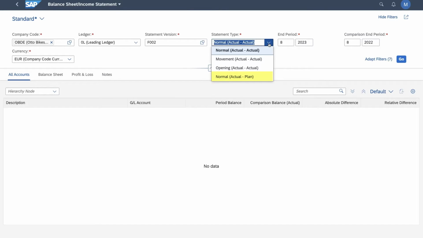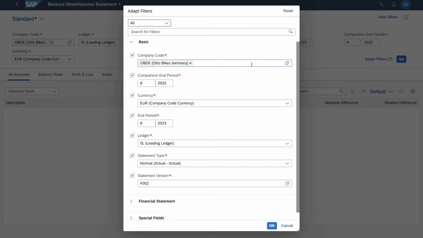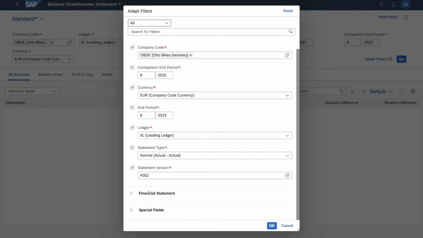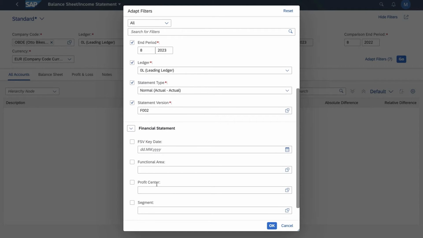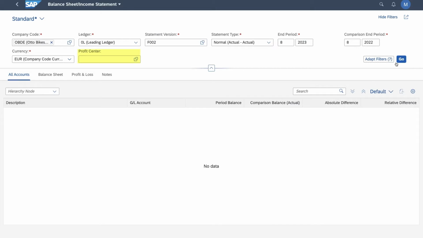No, let's take a look that we can also have plan data included. So not only actual, but also plan data. And we can use additional filter criteria because everything is available in the GL now, like the profit center or the segment information. And of course, we can enrich this interface with, let's say, the profit center. And we could filter on certain profit centers if there's posted data to them. Now we hit the go button, and based on the line items,